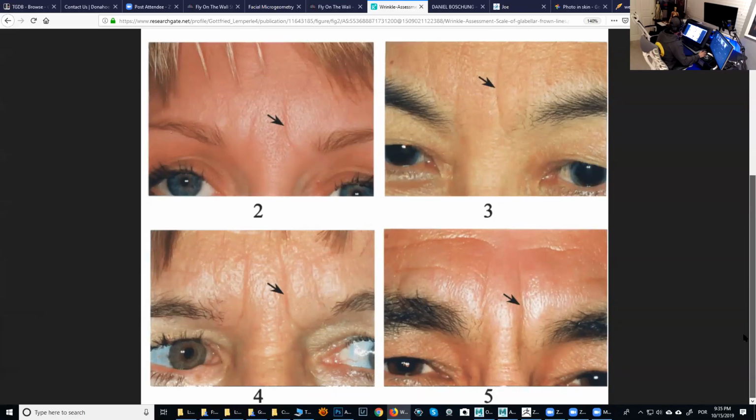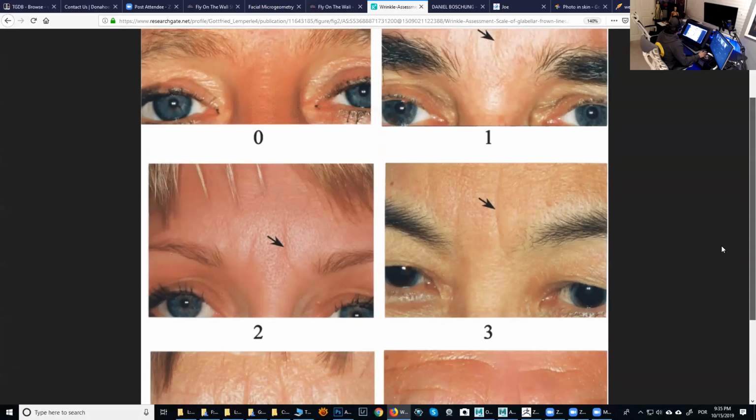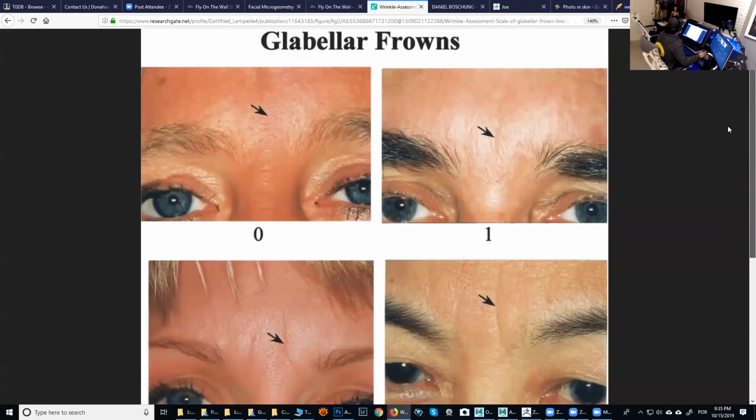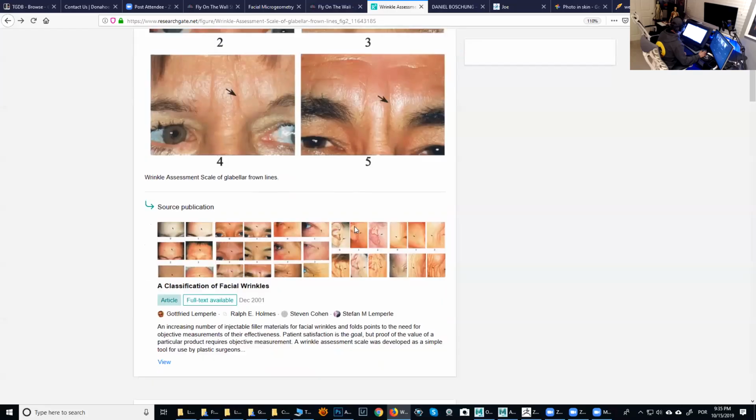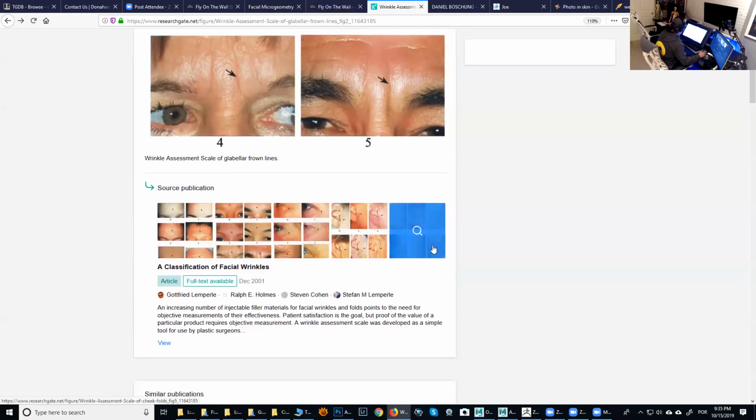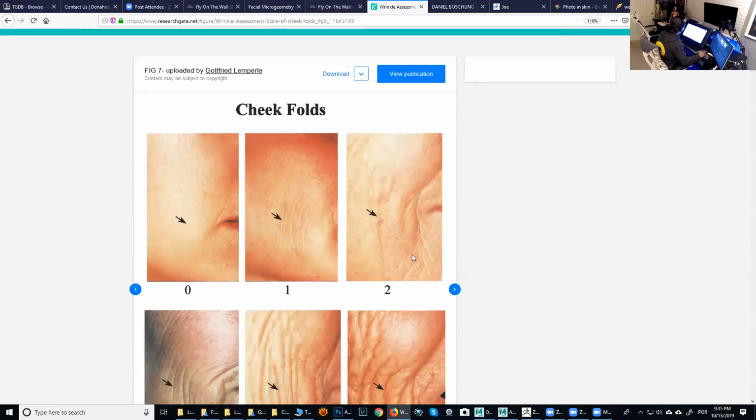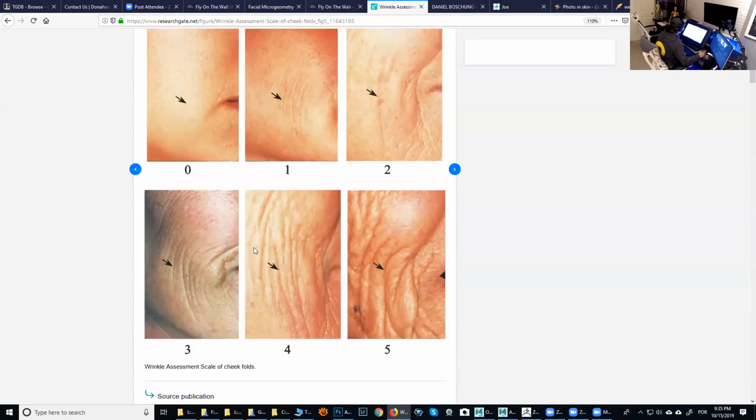I mean, my face, when I look at it, is very asymmetrical. When I smile, my smile is very, very asymmetrical. So the wrinkles, everything nasolabial, is more enhanced on one side than the other. That's going to happen with all these people. Then you have wrinkles on the sides of the face at different ages, which is really cool